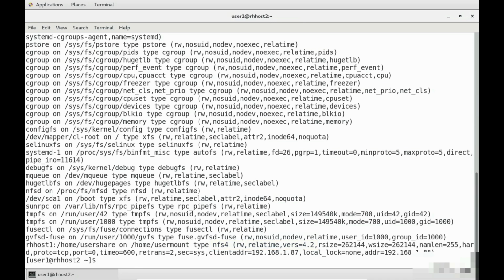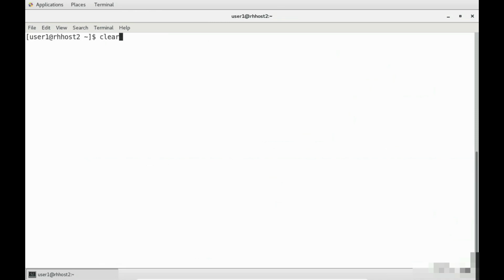We can also change mount options on the fly by specifying the remount option. Type in clear and then bring your line back and add remount and change the NFS version back to 4 and add nosuid and nouser. Once you've done that, hit enter. This should attempt to remount our export with the nfsvers=4, nosuid, and nouser options. Note that if you try to specify NFS version 3, it will fail, because we are not running the appropriate services on RHOST1, and the firewall isn't configured for NFS version 3 either.